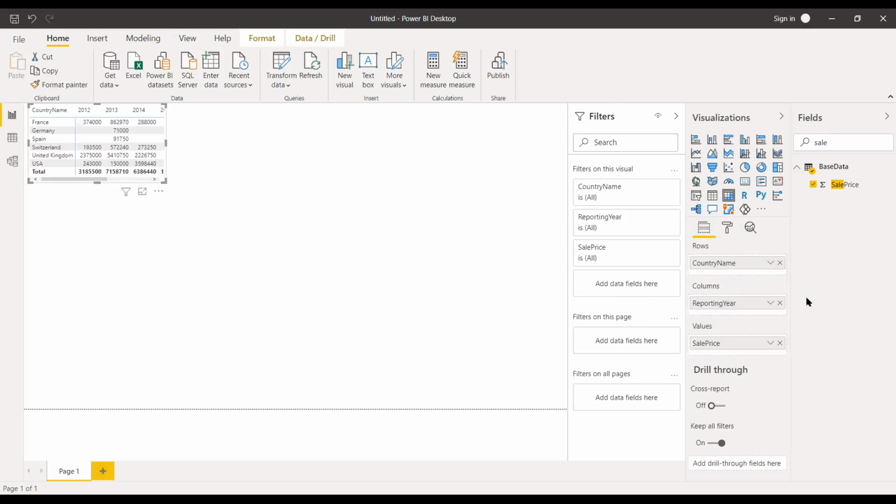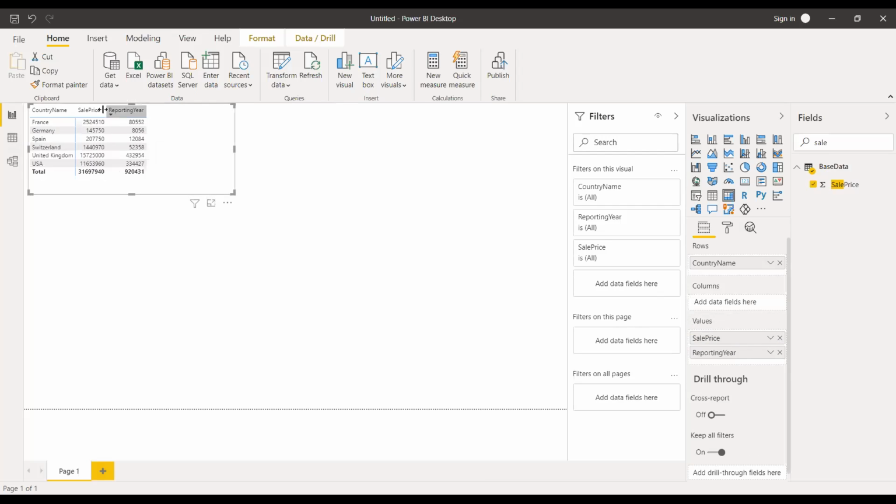Now you have an entirely different structure. Years come into the column, and sales price will be shown on the year basis and the country basis. So countries are there, and if I have the reporting year field as values, it will be a column in my table.